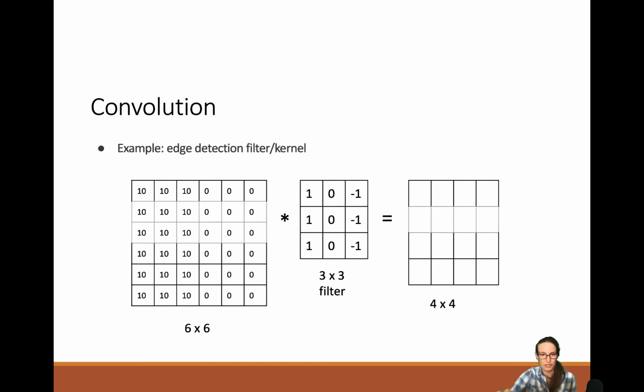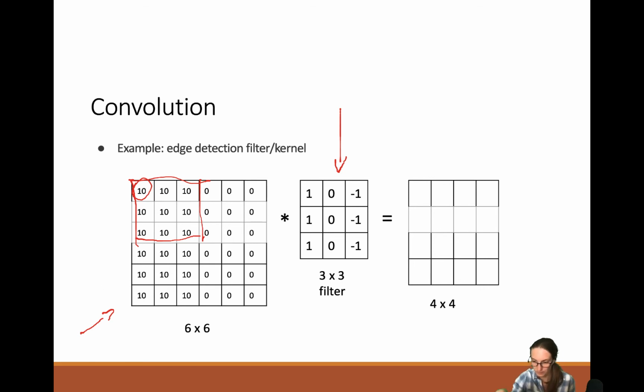So this is an example of an edge detection kernel or filter. This particular filter will do edge detection. In case our input image looks like this, one side colored, one side not, we can calculate the convolution of the first element. First we overlay it like this. And we calculate 10 plus 10 plus 10 minus 10 plus 10